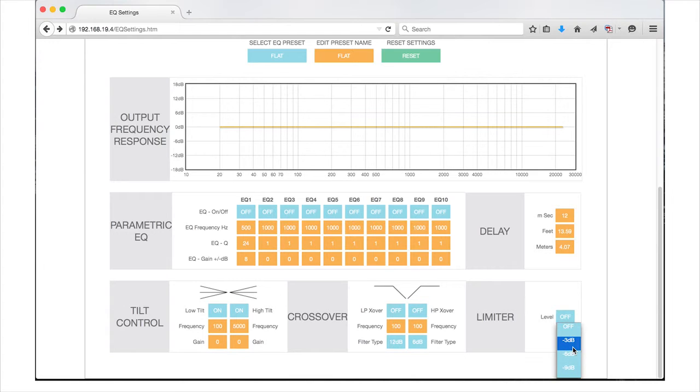In the case of our DSP 8130, a -3 dB limiter will reduce the amplifier's power from 130 watts to 65 watts. The -6 dB limiter will reduce the output from 130 watts to 37.5 watts, and the -9 dB limiter would reduce the output to